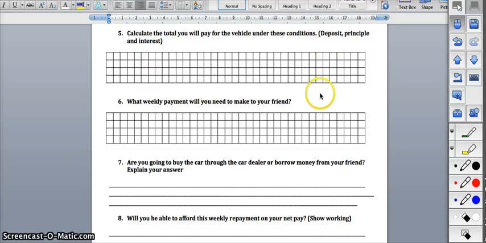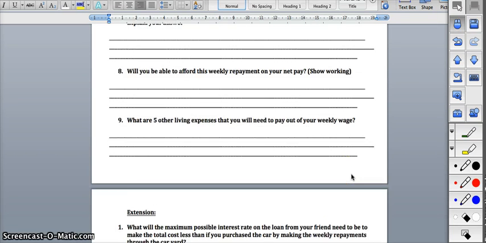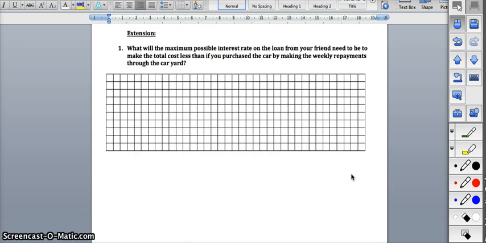Yeah. The rest is pretty self-explanatory, but the extension question is a challenge, okay? And when you get to that extension challenge, we'll have some time to talk about that one. I'm hopeful that has